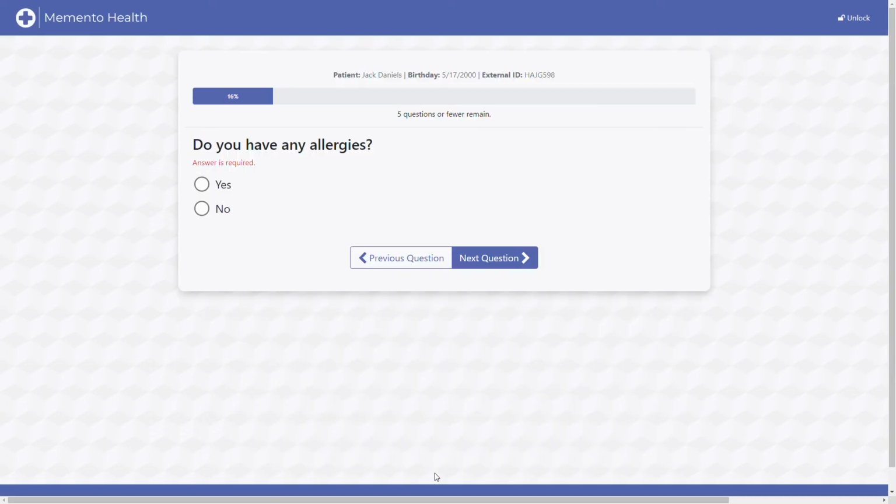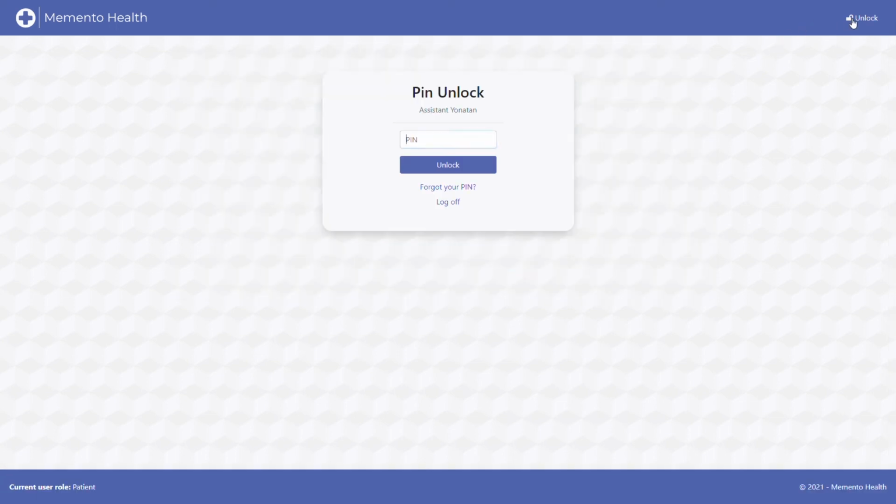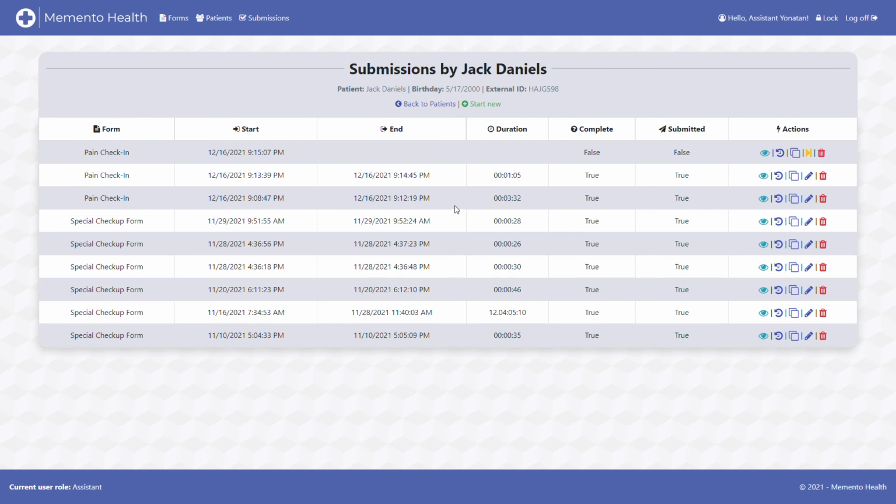And we'll say, what if Jack needs to step outside for a second? He hands the device over to the assistant. The assistant will hit the unlock button. And we see here that the submission has not been completed yet. So we can say Jack comes back from whatever he needed to go do. And since the assistant wants the patient to continue wherever he left off, we'll hit continue, and we give the